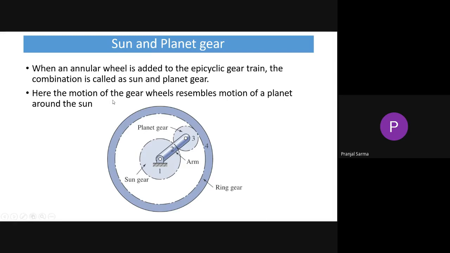Whenever you look at the mid portion, it is nothing but a kind of the